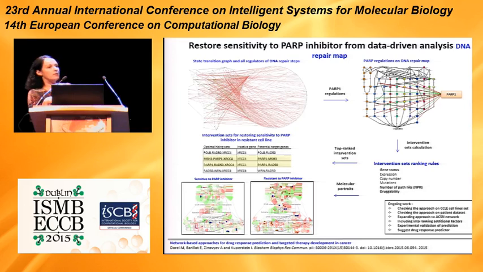So, of course, one ends up with several tenths of such intervention sets. And to suggest a treatment, we need to come up with one or two suggestions. How to prioritize those intervention sets? For that, we use the internal vulnerabilities of the patients. How we can learn it? Of course, from omics data. This example is based on cell lines retrieved from these patients, which are BRCA mutated, but resistant for PARP treatment.